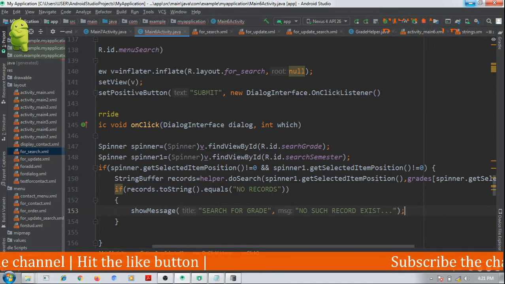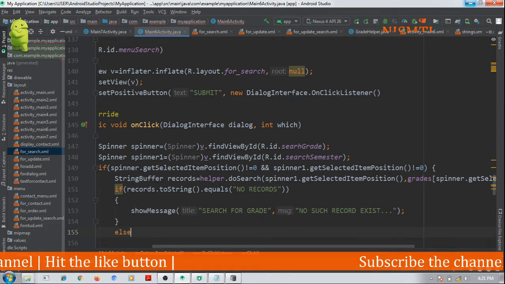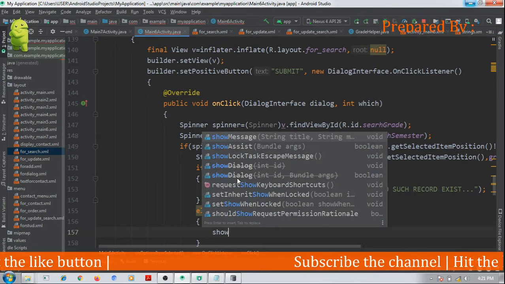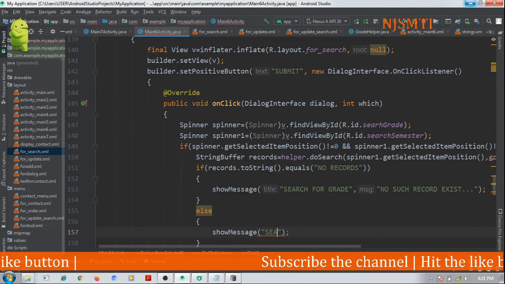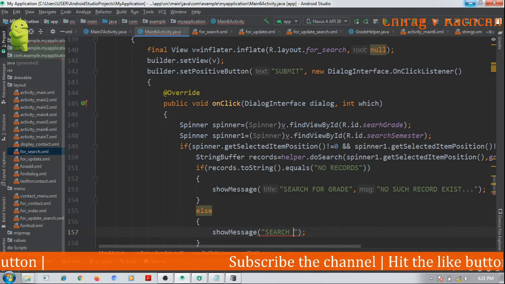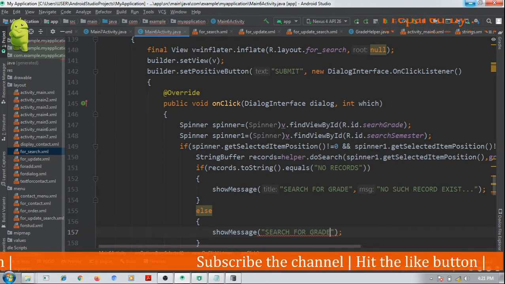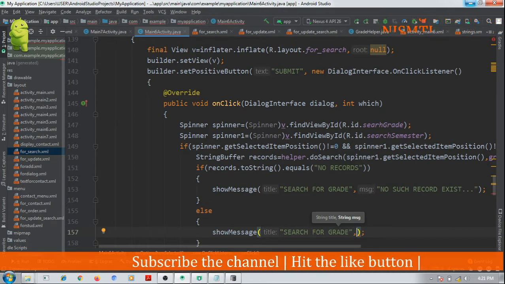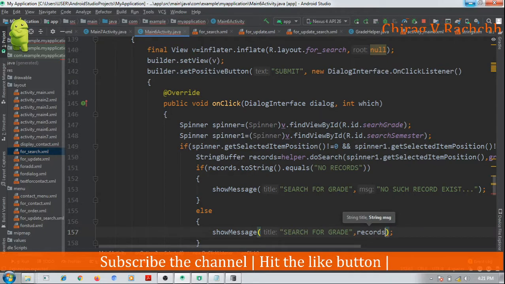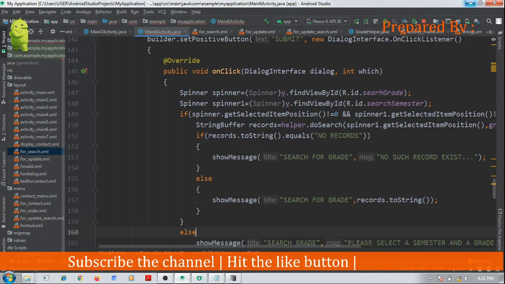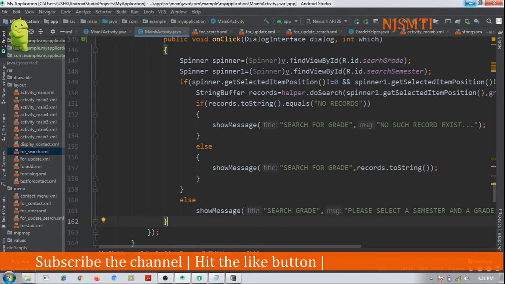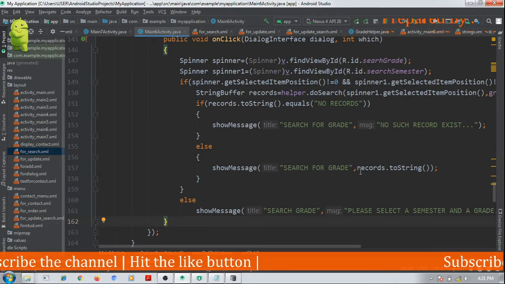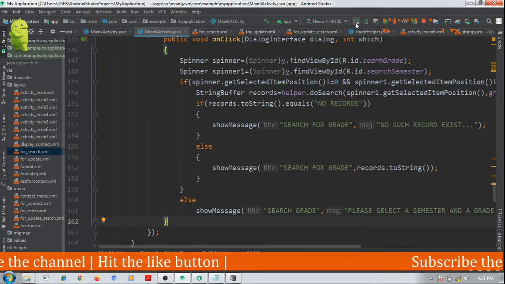Okay, else we will show all the records, else show message search for grade, and here records dot toString. This much coding looks a bit complicated, but as it is asked in the application, we have done it. Okay, let's run it.